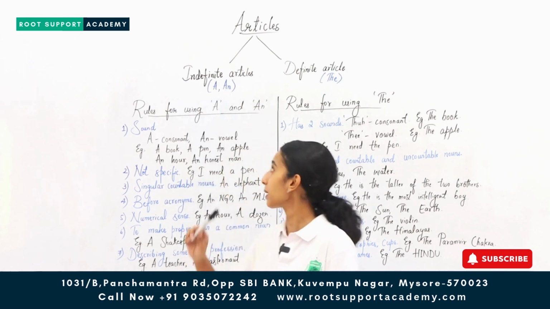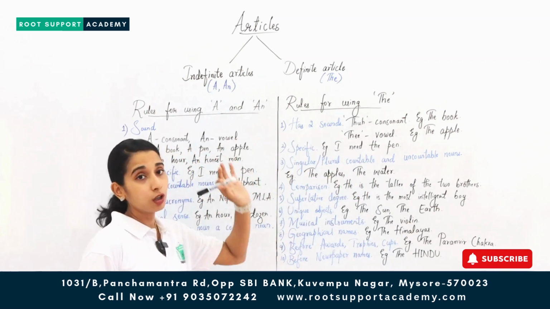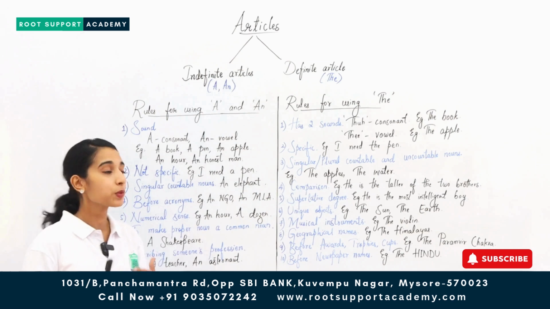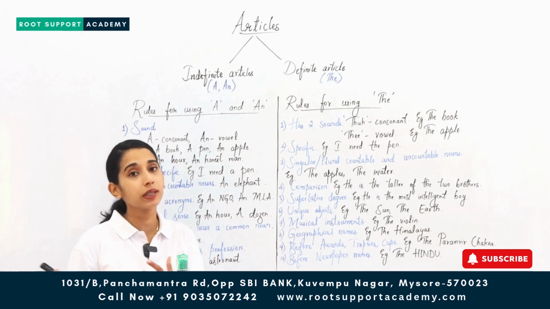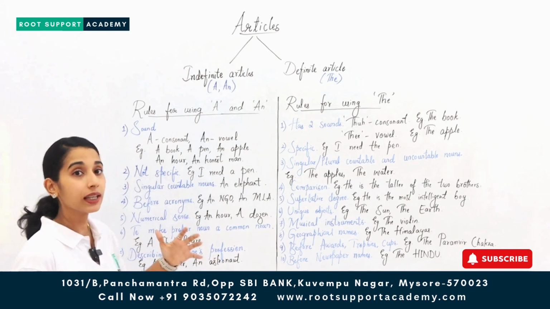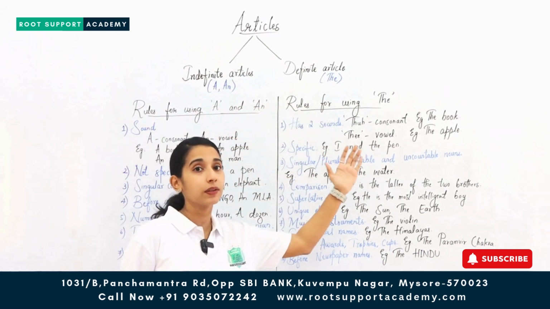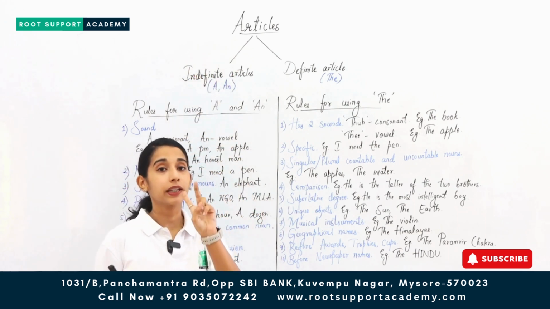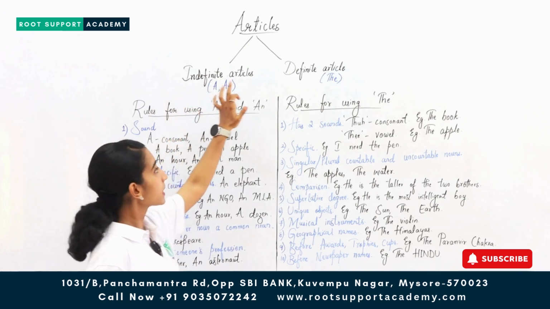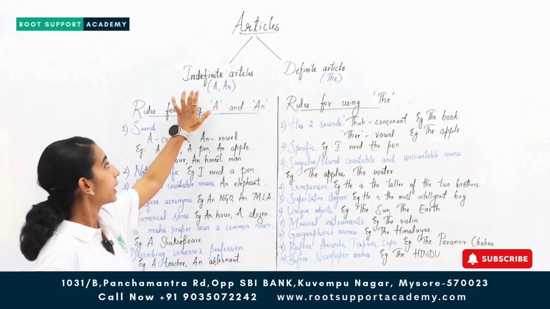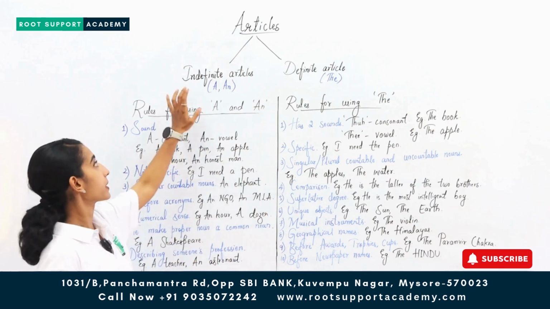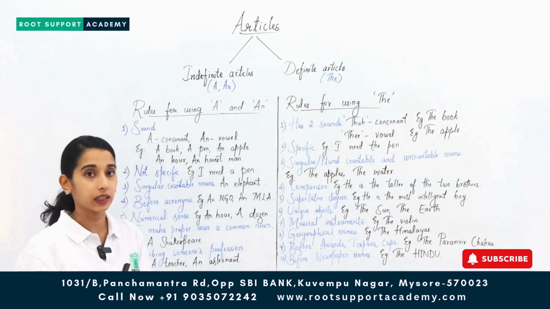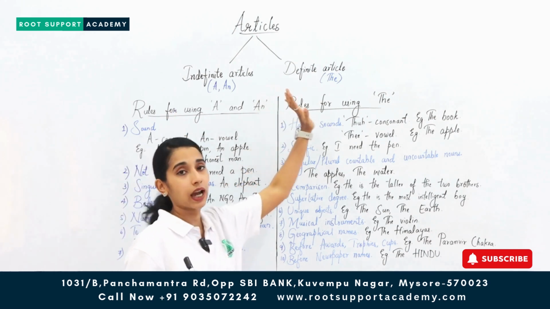One simple topic, that is about articles. We all know in English there are three articles: a, an and the. But sometimes what happens, we tend to make mistakes even in the most simple topics. So, in today's session, let's discuss the rules wherein we have to use these three articles. Articles are basically classified into two types, indefinite articles and definite article. A and an are referred to as the indefinite articles, whereas the is referred to as the definite article. Indefinite: a and an. Definite article: the.